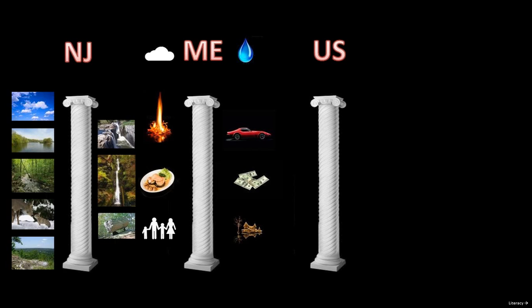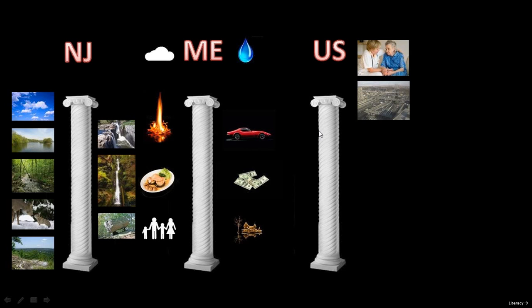So as you get bigger and bigger, the footprint, the level of complex activities in that region or that area gets more complicated. So every time I add something here, think back to the other items that are already listed in the me and the New Jersey and see how it's connected. So I'll add a few of these items. Health, welfare, and medical care. The dynamics of transportation and development.